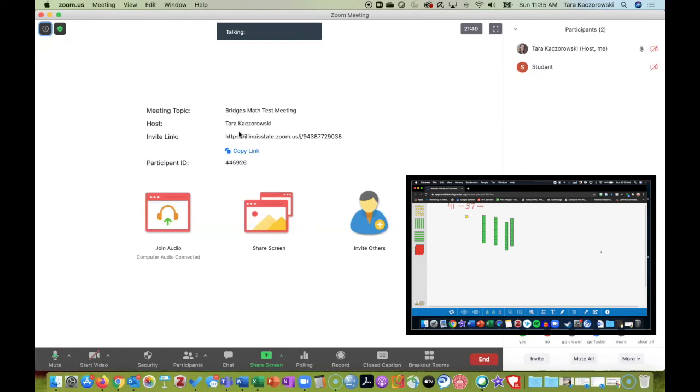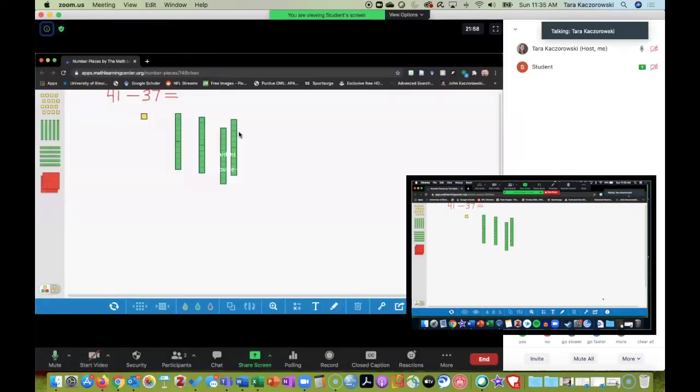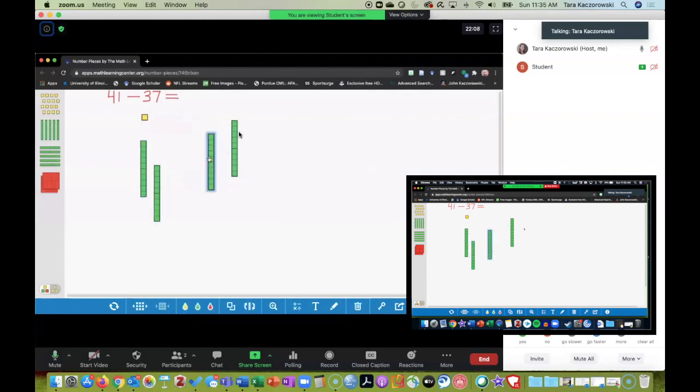So I'm going to go ahead and go back over here to the student screen, and I'm going to have the student click back on Zoom and share their screen. Now they can choose a few options here. I would recommend they choose just this Google Chrome instead of their whole desktop. That will share with you exactly what they're doing in Google Chrome or whatever web browser you're using. Now the student is back in Google Chrome. They can be working on solving this problem, and on the teacher end of it, I can see exactly what the student is doing on my end.